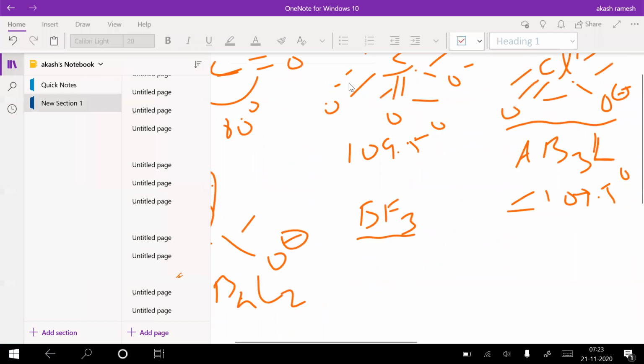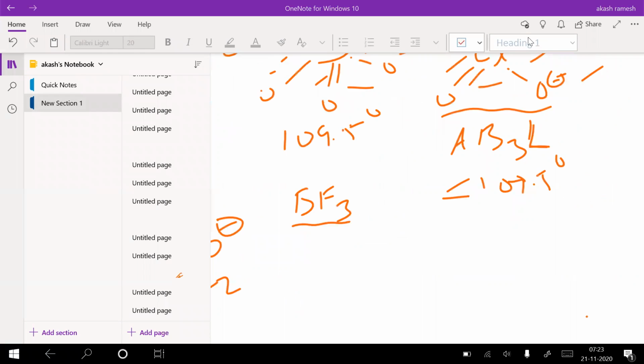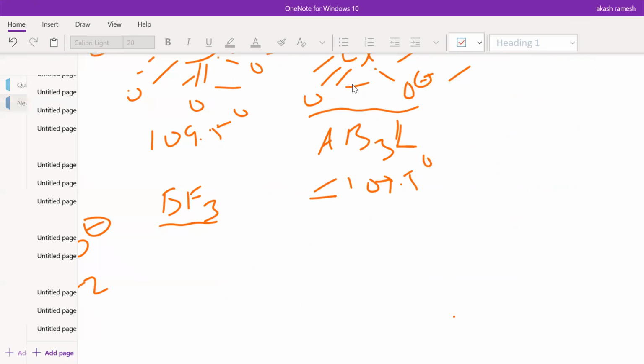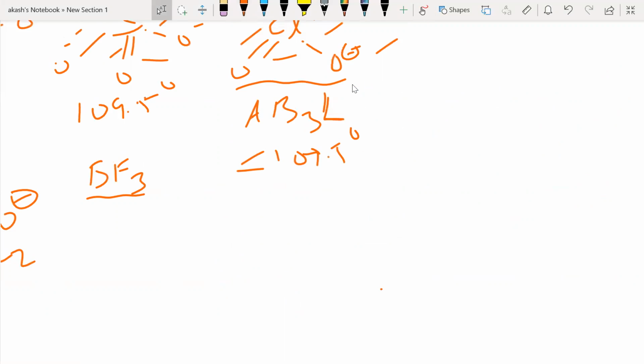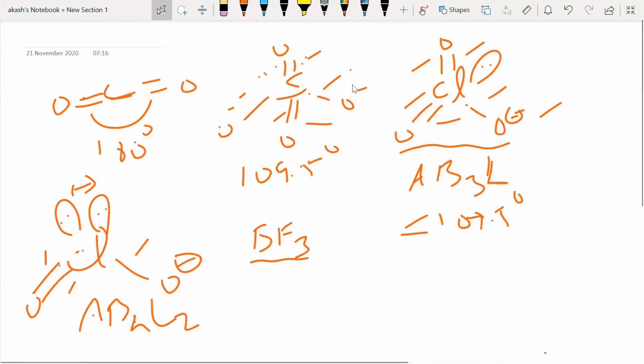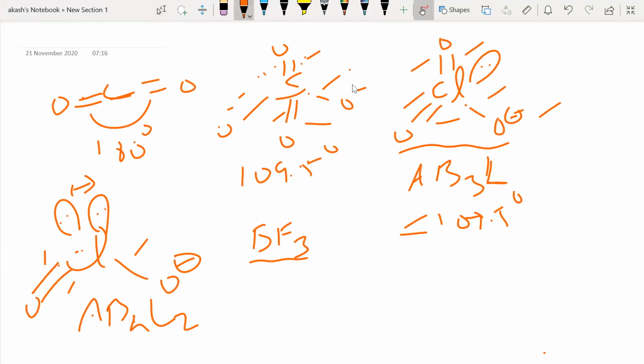The trigonal planar. Yeah, correct. 120, Akshay, you're right. Yes, it's trigonal planar. Absolutely. What you told is correct. So this will be trigonal planar. This is of the type AB3. There are totally three valence electrons for boron, and all the three are involved in bonding, so no lone pairs. So this is going to be trigonal planar, obviously with a bond angle of 120.